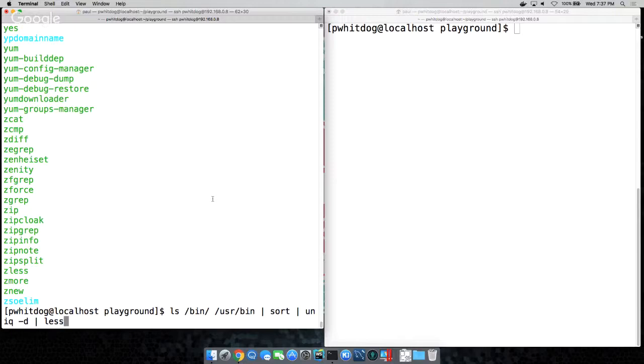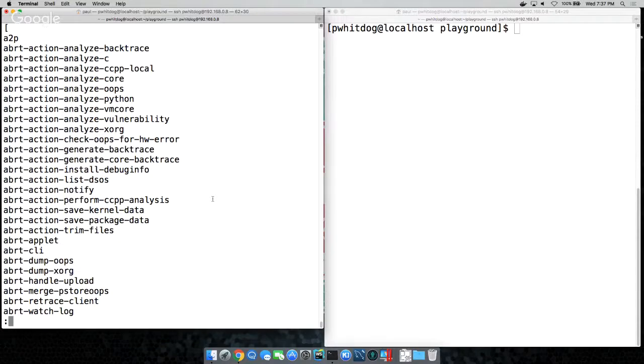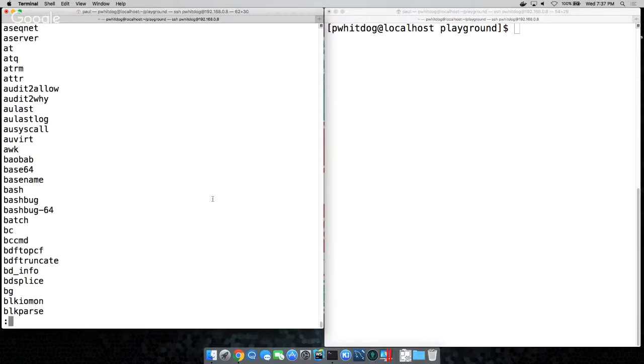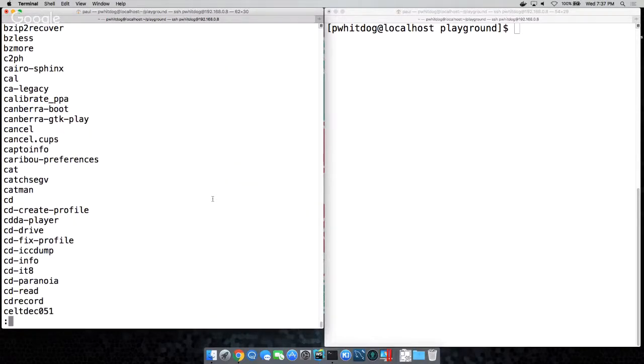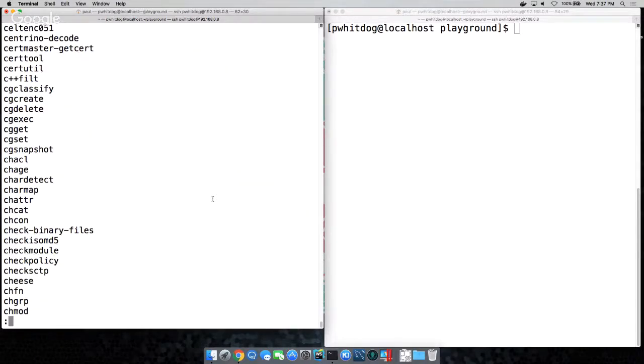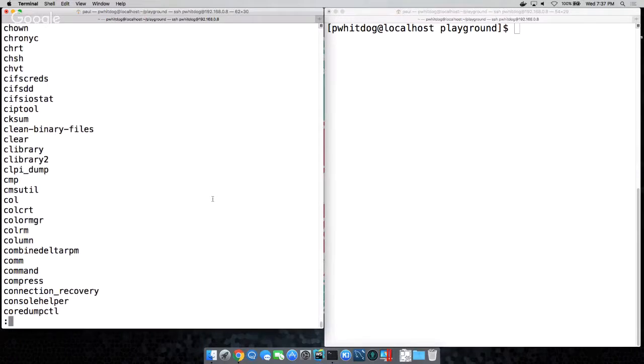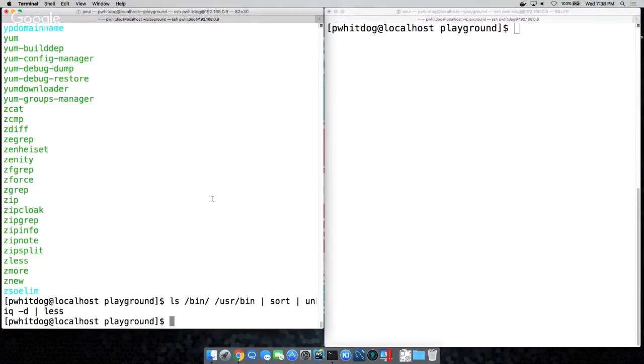So this will be just the ones that are duplicated. From those two folders, bin and usr bin, sorted in alphabetical order, show me only the ones that show up in both folders. So if you're looking for a program that might be installed in two different locations because you're trying to delete all the other ones, you can use a sort with uniq -d on multiple folders to find all the locations where it is. That's kind of cool. And piping to sort is handy.